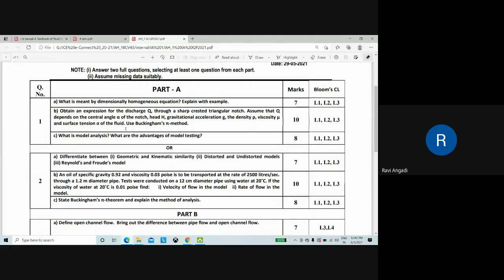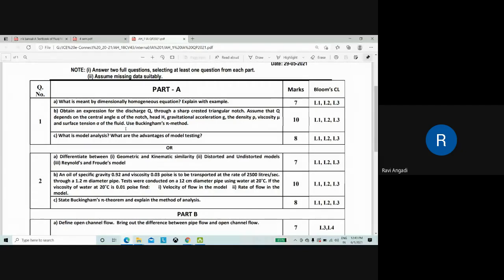Many of you have solved only half. Up to n equal to 7, m equal to 3 you have written, and then in between you got stuck. So you have not practiced the problem. Please practice the problem. Don't skip this kind of problems. Don't skip the unit also. It's a very easy unit. You can get good marks in this unit also.